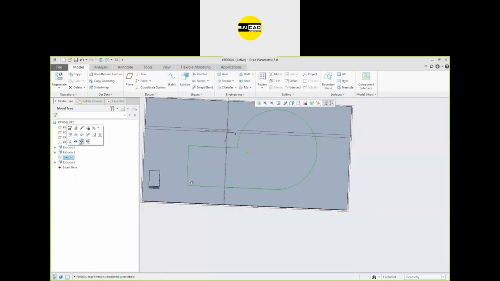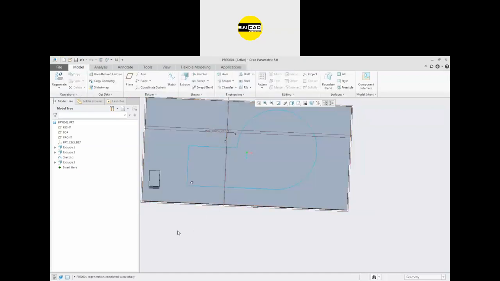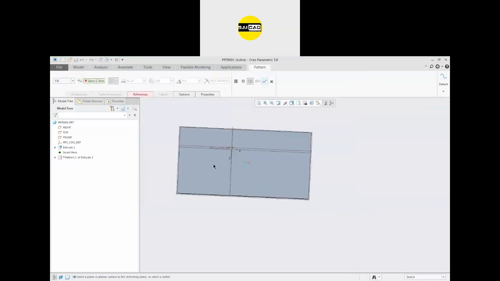Show the sketch from here. Now you can select this one also. You can go here, the fill, and select the boundary. There is an option to select the boundary. Now we don't have any boundary because the pattern will be created right after the feature.